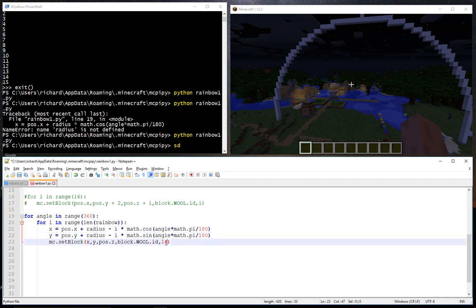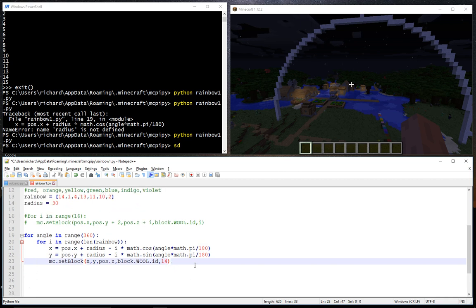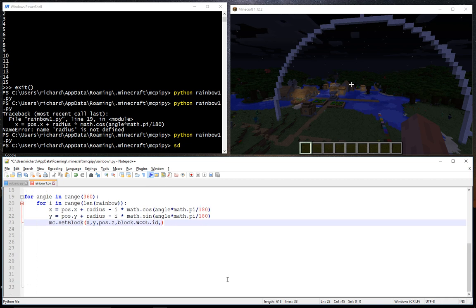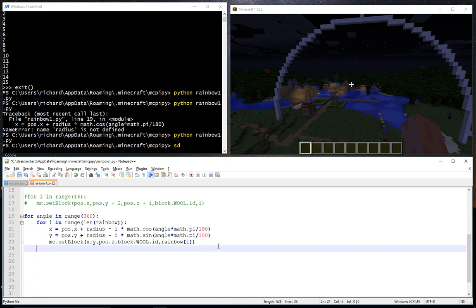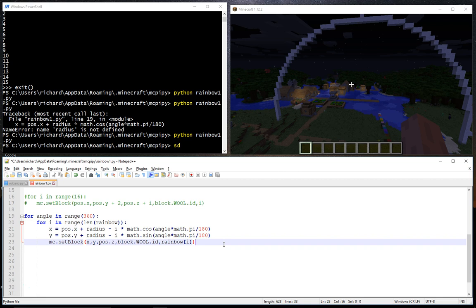But what we also do here, the clever thing now, is instead of hard coding 14, which refers to the first item, we put rainbow, because we're going to talk about the rainbow list, and we say go getters rainbow item I. And of course, I changes each time, because the first time I is 0, then you go around the loop again, then it's 1, then it's 2, then it's 3, etc. So now, hopefully,